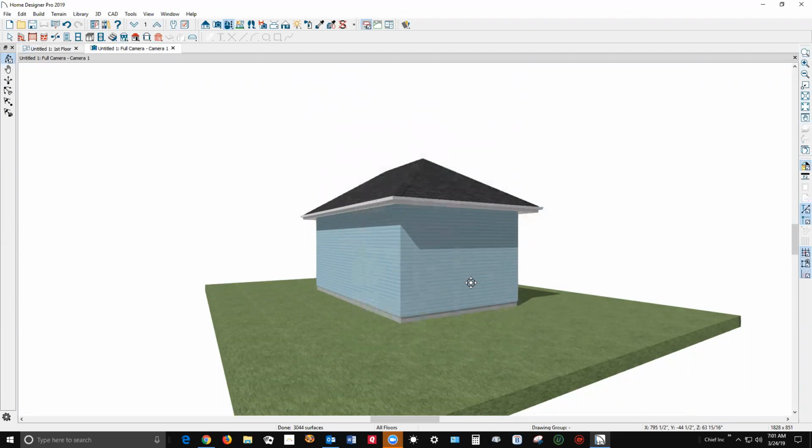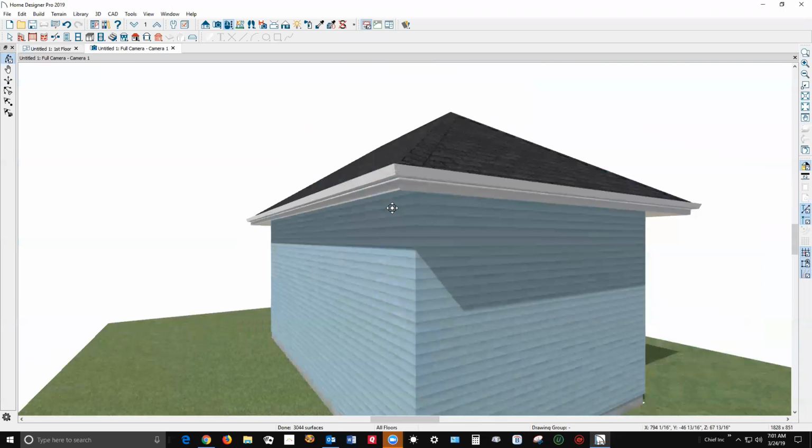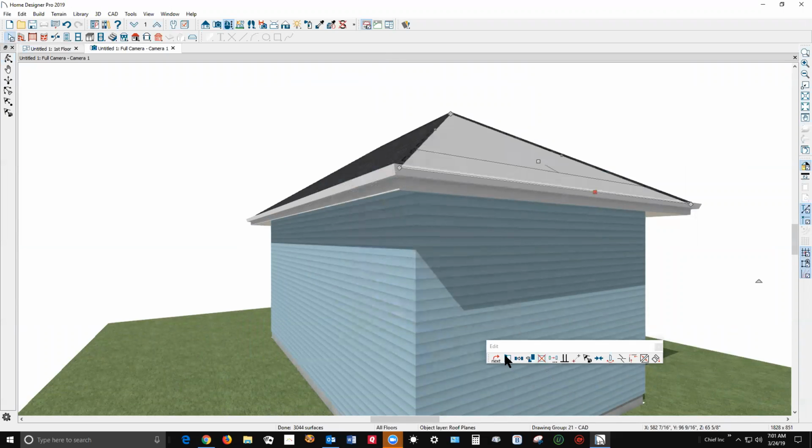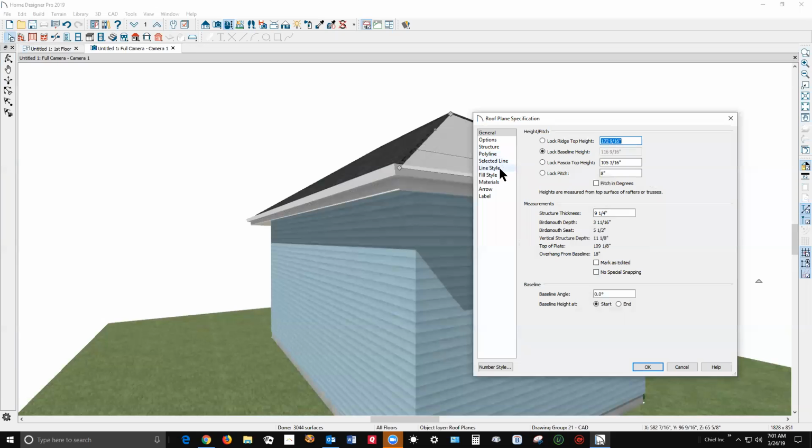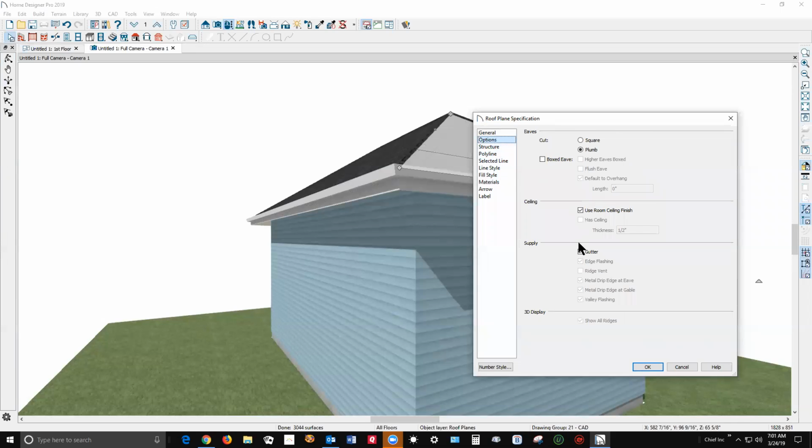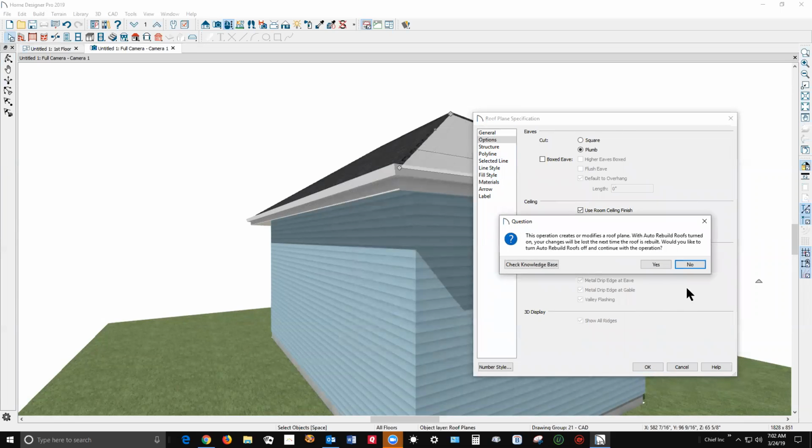Everything in Chief Architect and Home Designer Pro is controlled by settings. Nothing happens by chance, and there's always something you can do about anything. Like, for instance, the gutter there. If you don't want to have gutters, I'm going to click on the roof plane, go over here to options, and turn off the gutter. Now there's no gutter